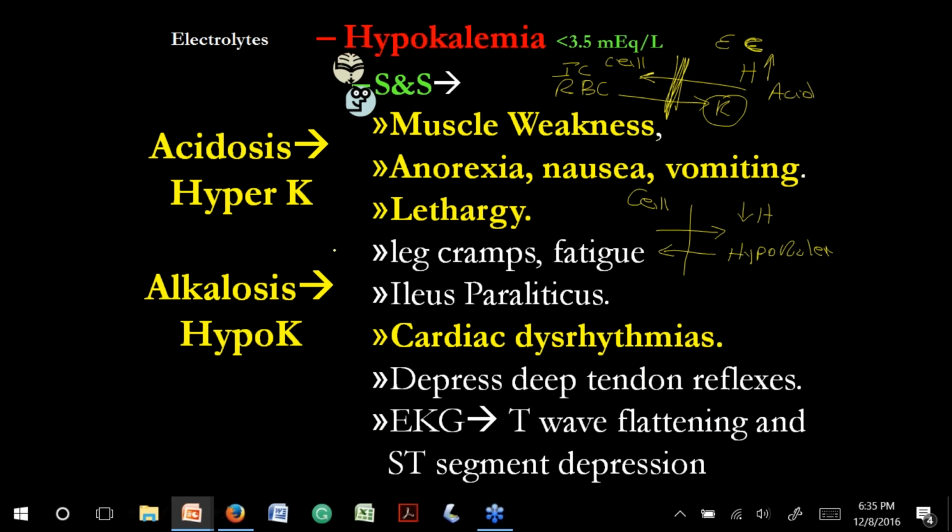And I make a summary here. When you see alkalosis, mostly you can see hypokalemia. When you see metabolic acidosis, you can see hyperkalemia. So potassium, heart, right? But in common, any alteration of sodium or any alteration of potassium is going to cause muscle weakness. And in hypokalemia, just remember we have muscle weakness, anorexia, nausea, vomiting, lethargy, and cardiac dysrhythmias. So those are relevant for the NCLEX.